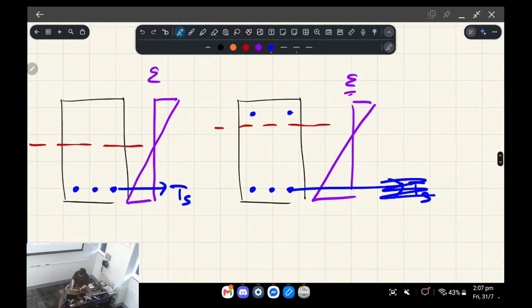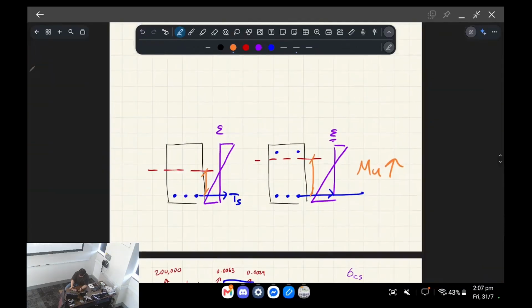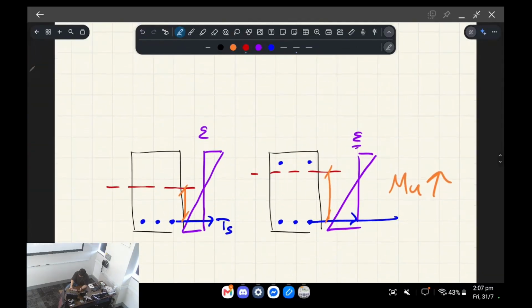Sorry, not force, actually. Okay, so bad explanation. The idea is there'll be a larger lever arm to the neutral axis, and so this is going to give you more moment capacity. So that's one. The second thing is it's going to increase your ductility. So adding compressive reinforcement,